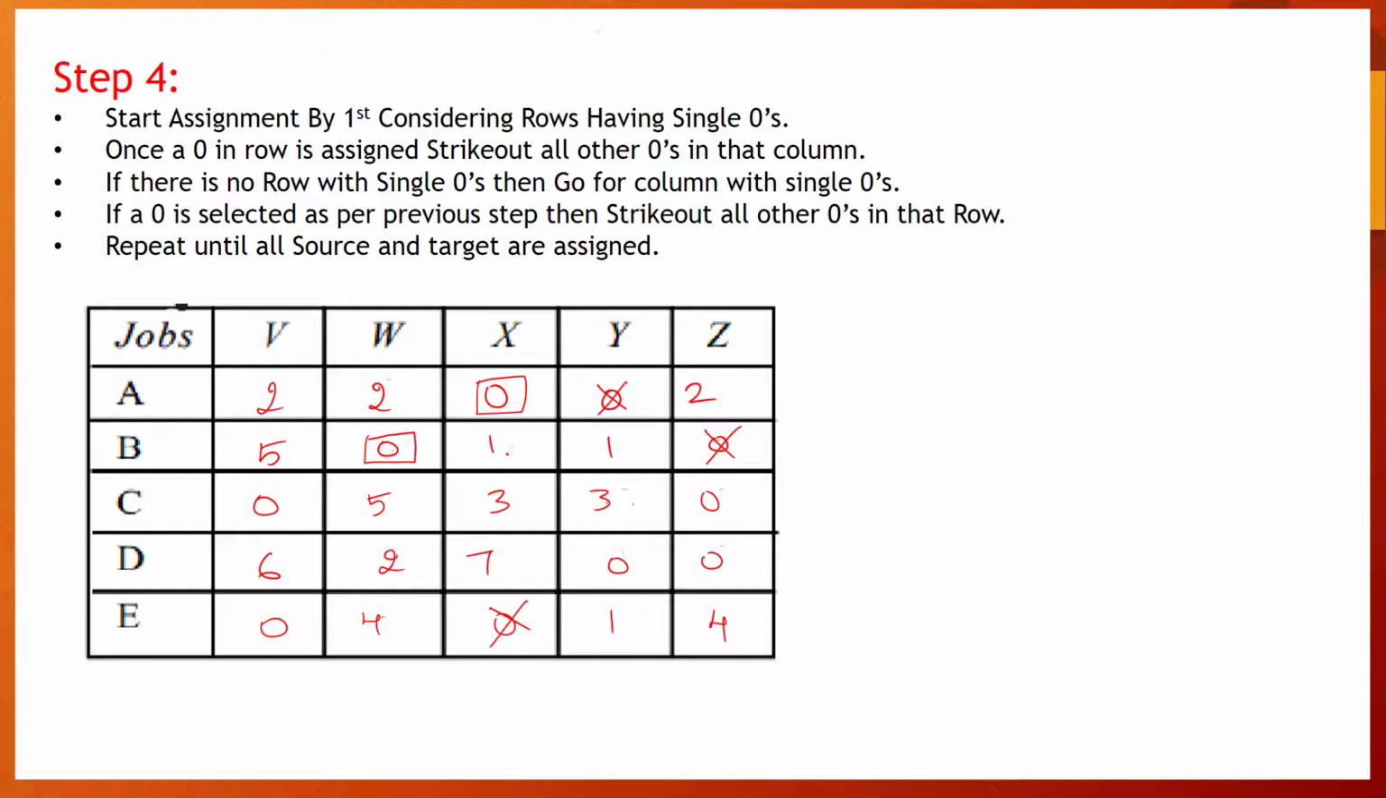So now check a row or column with the single zero. So we have a column with the single zero. So I select this one and I'll cross out this one. Now we have this one. Select this and cross out this. So and finally we have this one. So we have the assignments. All the zeros are crossed out. So the assignment will be